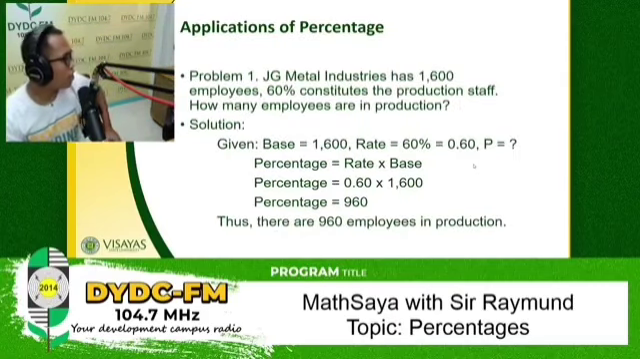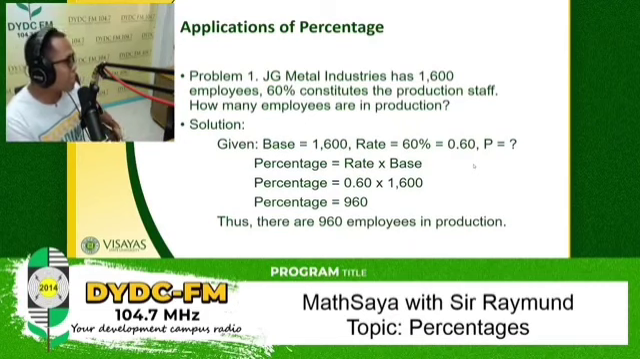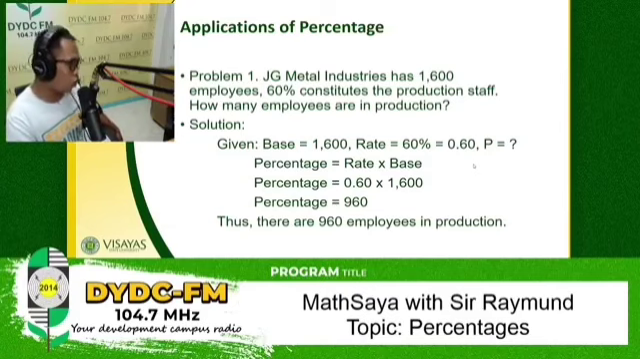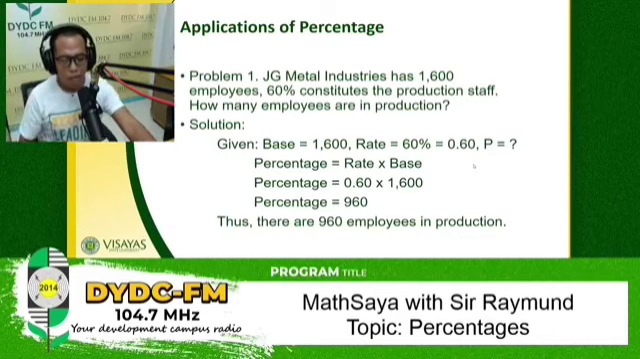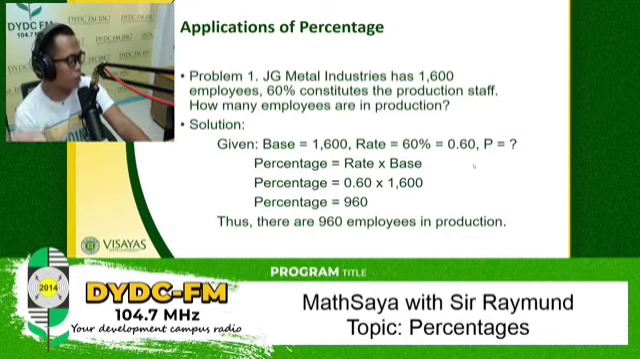Number 1, JG Metal Industries has 1,600 employees. 60% constitutes the production staff. How many employees are in production? So, for us to have a systematic way of answering this problem, para guided po ang atong